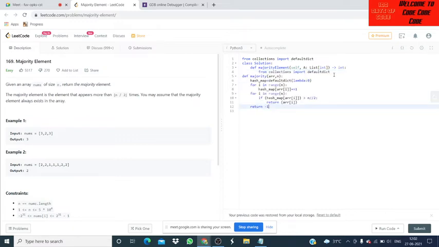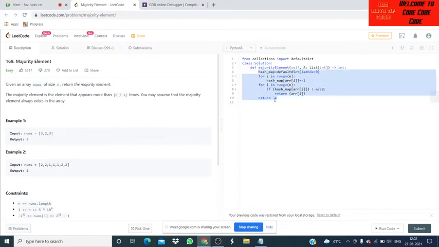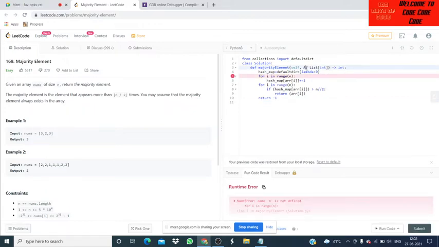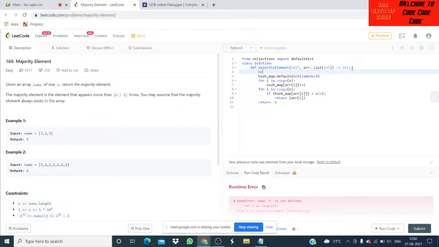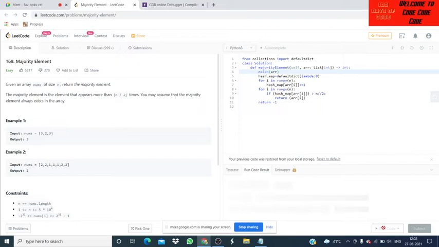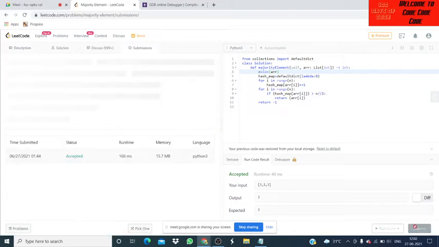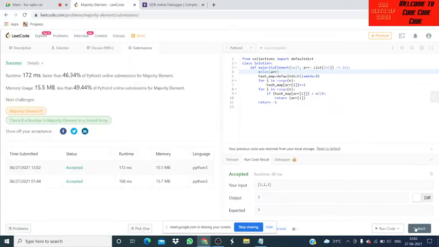Collection. Array name. Okay, sorry. I have to change array, and we have to divide n is equal to length of array.